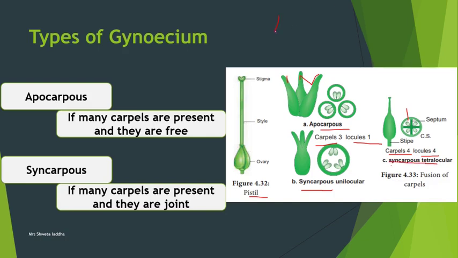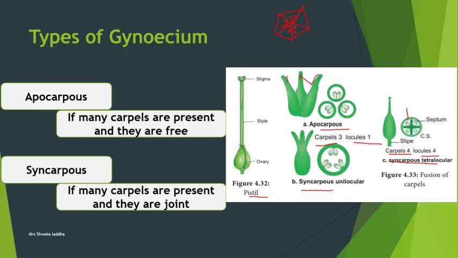Now everybody has seen lady's finger, bhindi, or even China rose, hibiscus. You will see that there are five locules because they are formed by fusion of five carpels. So how will we define this? We'll define this as pentalocular syncarpous gynoecium. Pentalocular, five locules. Syncarpous, many carpels are joined together, fused together, and of course they have axial placentation in the case of lady's finger or Hibiscus rosa-sinensis. So I hope you understood the two terminologies, apocarpous and syncarpous condition.